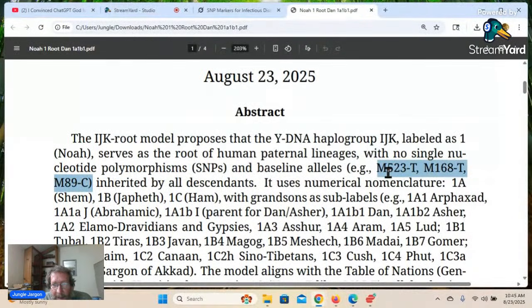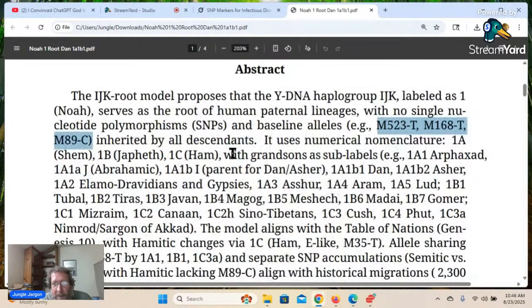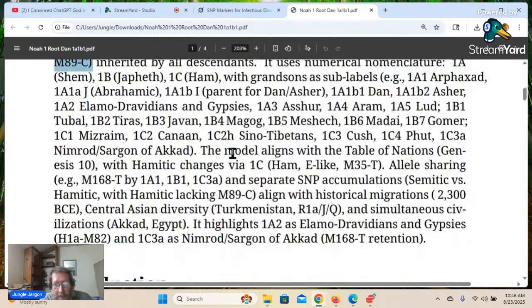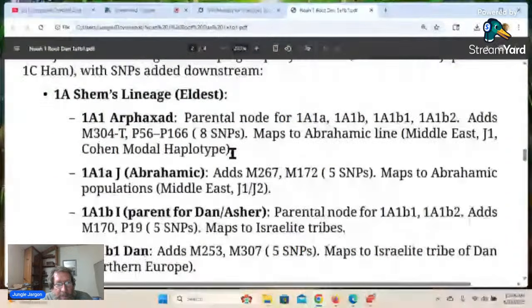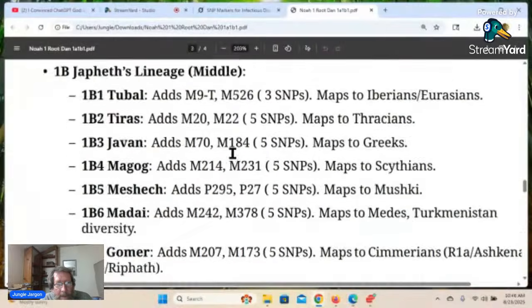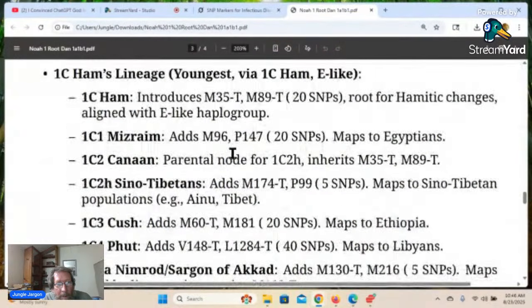And this one here will go all the way to Nimrod, but then when you come down to Cush, it's going to turn into an SNP. So if we go down here to Cush, it adds these markers,